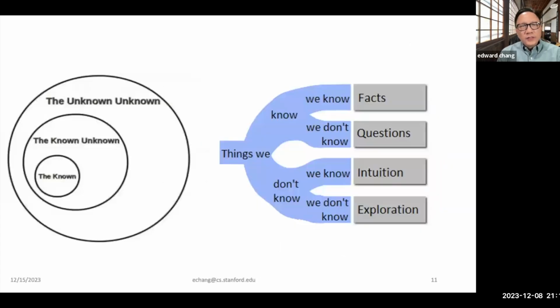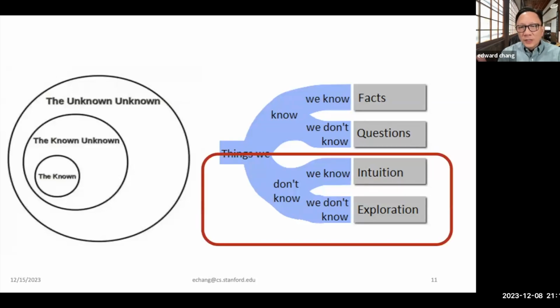Okay, so this is a summary picture of what we have learned. We know in this world, most things are like, we don't know. So we know something, we know something, maybe we don't know. If we don't know something, we know we don't know something, we ask questions. But the final red rectangle area is perhaps the most important to advance our knowledge. If somehow we don't know we know, that's something called intuition. But the majority of things in the world is we don't know, and we like to be able to use SocraSynth to explore it.